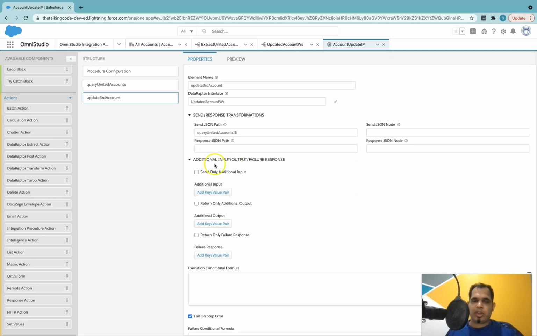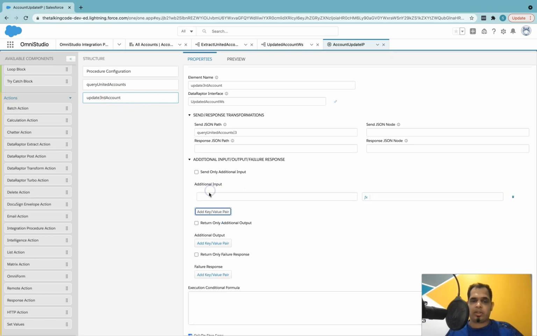So for that, there is something called additional input, output, or failure responses. So basically we can pass some additional input to this data raptor. So I will create one more input.